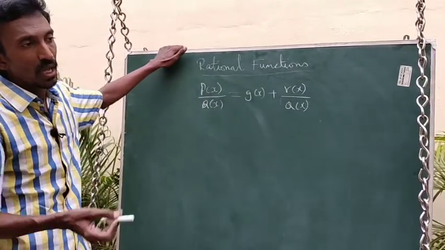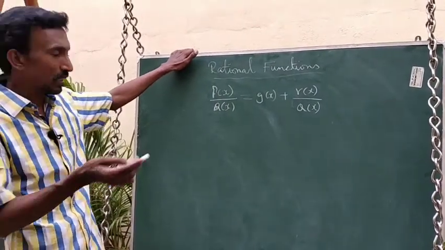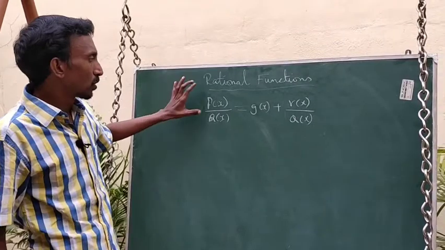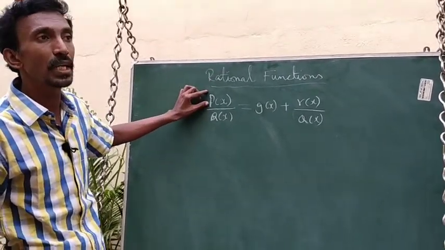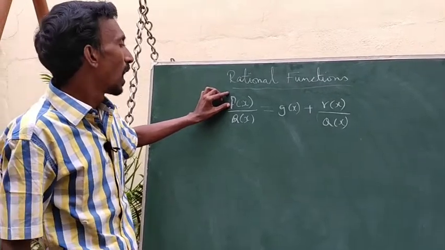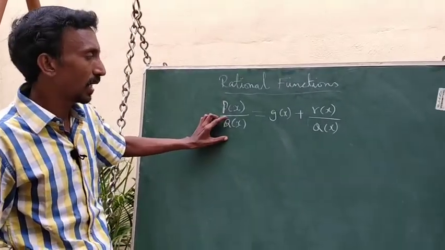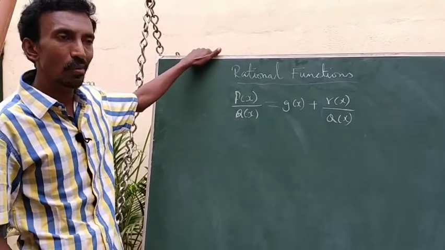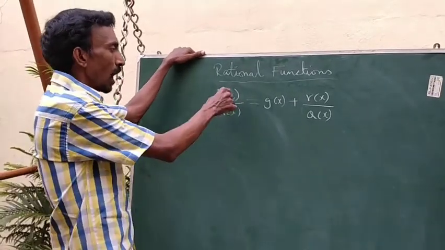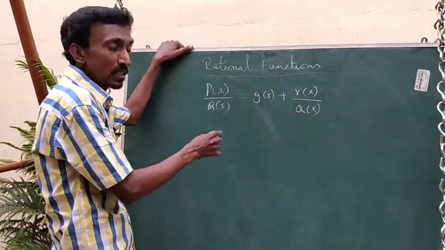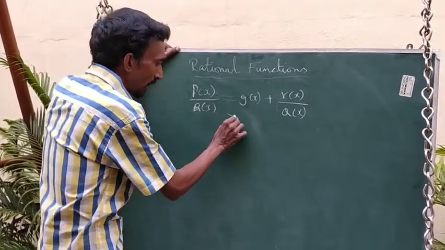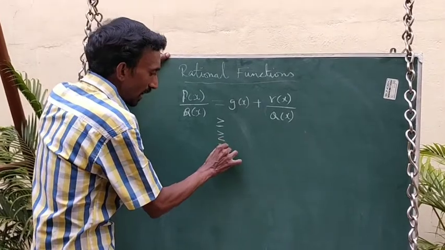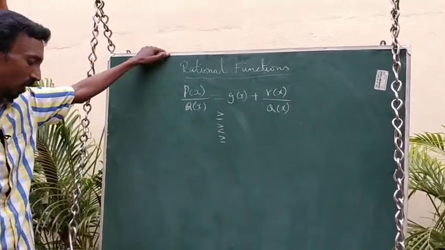So like improper fraction to mixed fraction, the same format, okay. So a rational expression can be written like that if the degree of the numerator is equal to or greater than the degree of the denominator. Now our aim is to deal with rational inequalities. Either p of x by q of x is less than, or equal to, or greater than, or equal to, that are called rational inequalities.